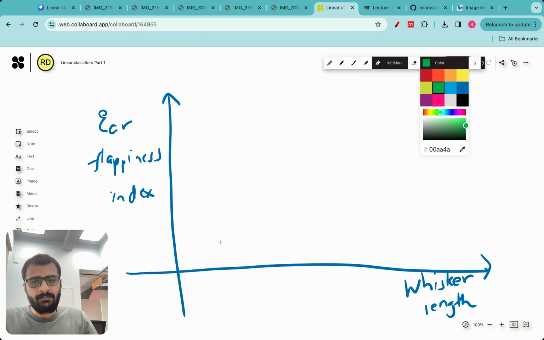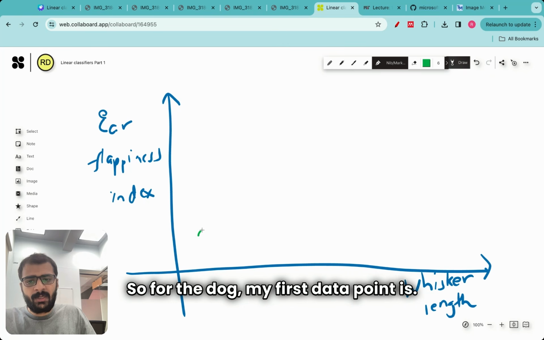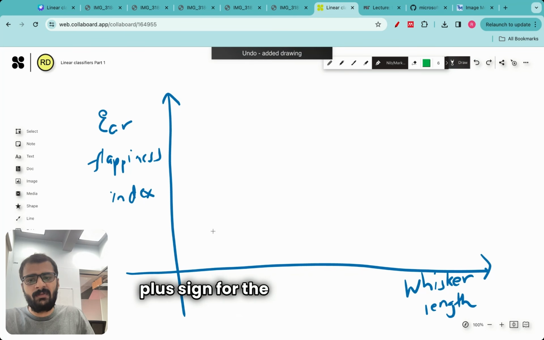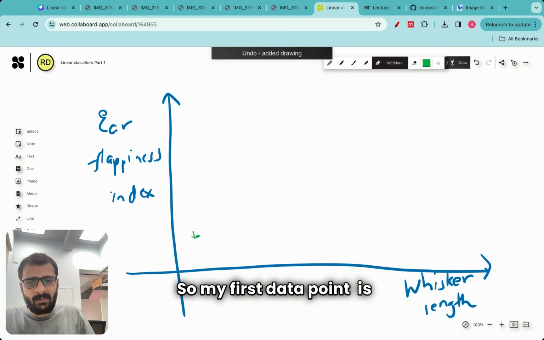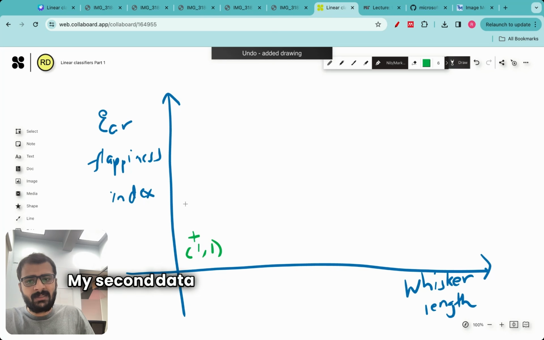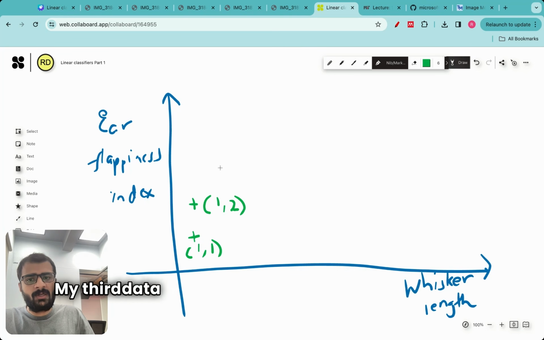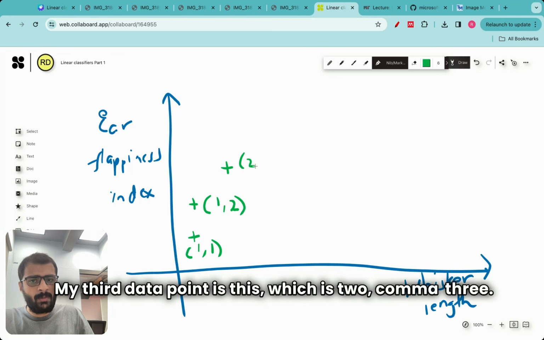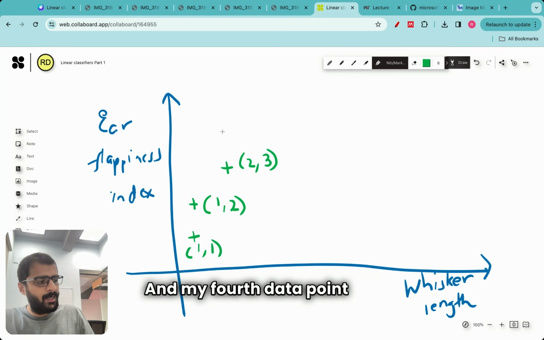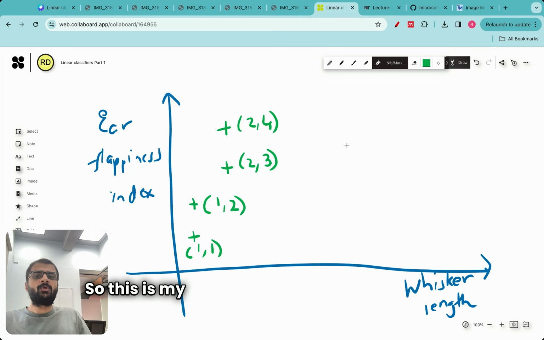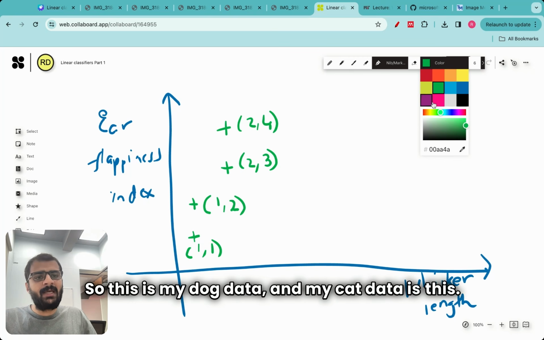for the cat. So for the dog, my first data point is, just a minute, I'll use maybe a plus sign for the dog data points. So my first data point is this, which is 1 comma 1. My second data point is this, which is 1 comma 2. My third data point is this, which is 2 comma 3. And my fourth data point is this point, which is essentially 2 comma 4. So this is my dog data,